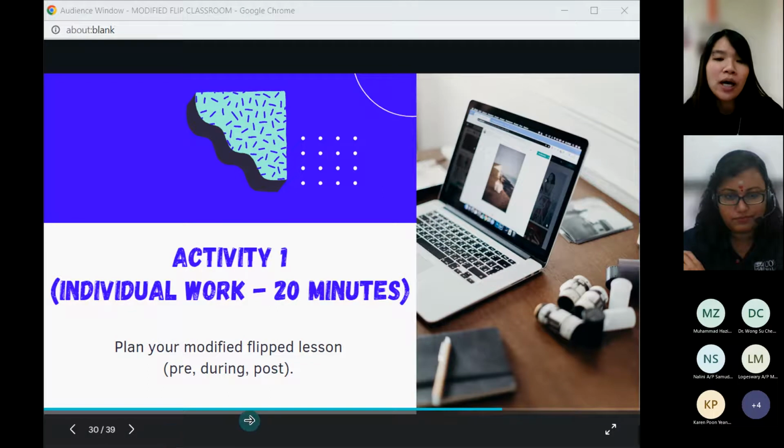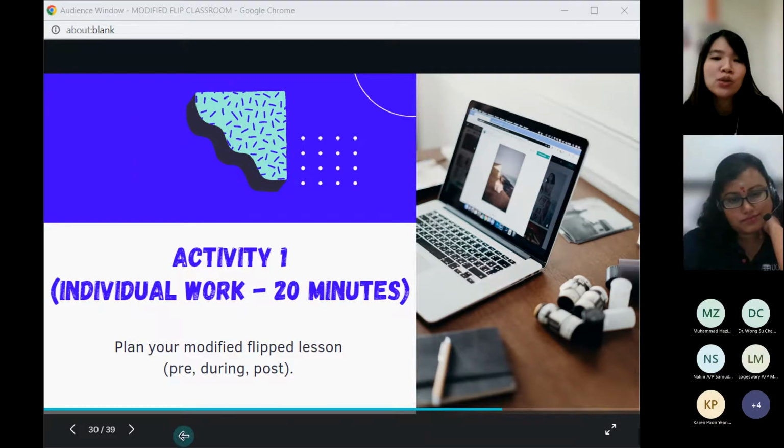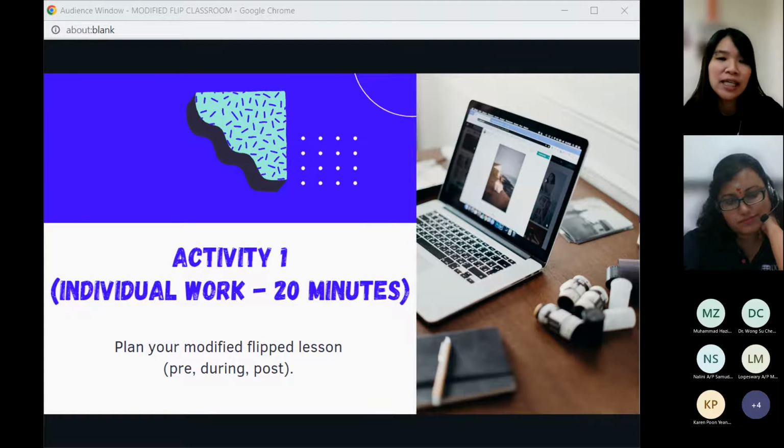Later on, we will share our ideas. We will do peer review, because sometimes when you plan your lesson, you think that it's the perfect lesson. However, when you share it with your colleague, they will give you some better ideas to improve your lesson plan. So we will do a peer review later on.